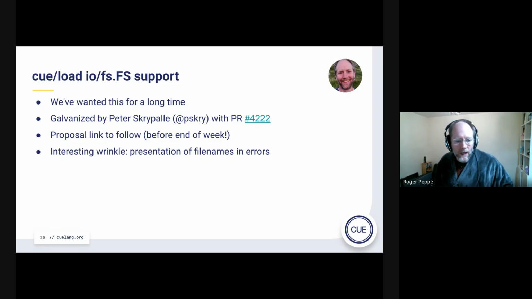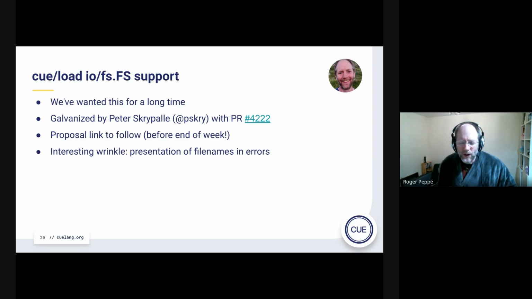Anyway, he made a PR, which is great as a kind of crystallization. I could look at that and say, well, actually, I think this could be a bit simpler. This isn't quite what we want, but it's still a very good stepping point towards what we want. So I looked at that. I've made a proposal which hasn't quite landed yet, for what the actual semantics is going to be, and yeah, I've got a work in progress implementation that seems to work.